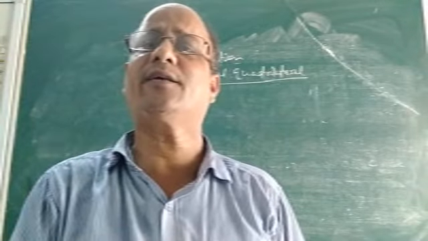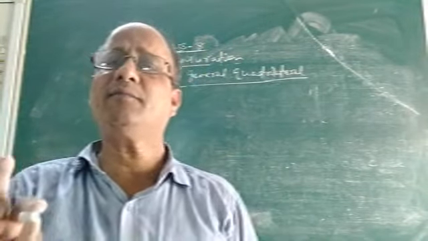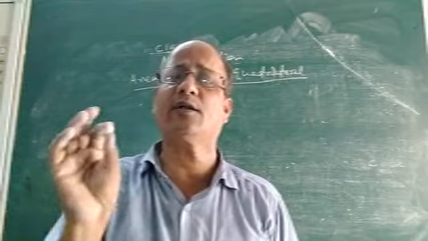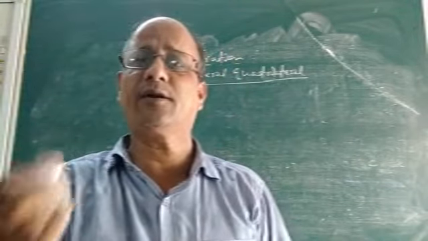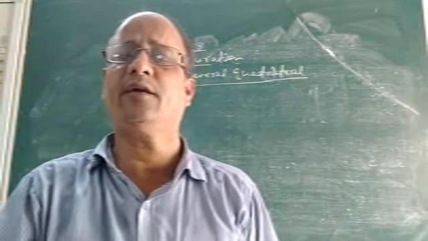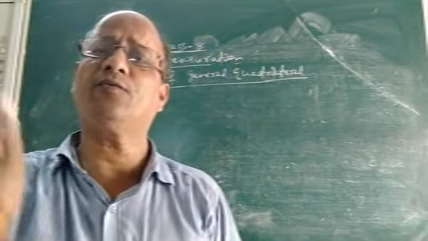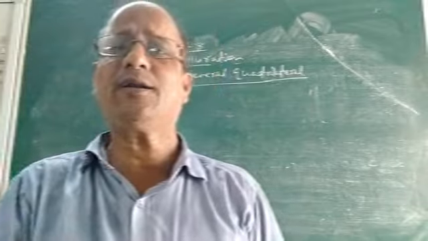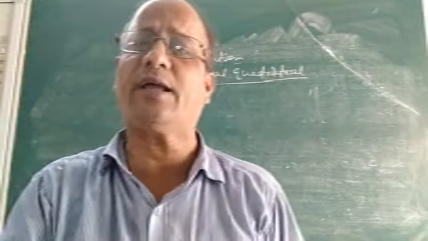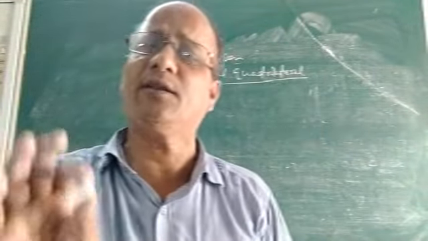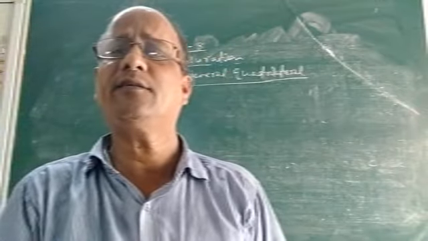So, children, what is meant by a general quadrilateral? General quadrilateral means we do not know whether it is a square or a rectangle or a parallelogram or a trapezium, kite, rhombus, etc. Because they are specific quadrilaterals, they have a particular formula to find the area. But if the quadrilateral is general, there is actually no direct formula to calculate the area of any general quadrilateral. Then the point is how to calculate.